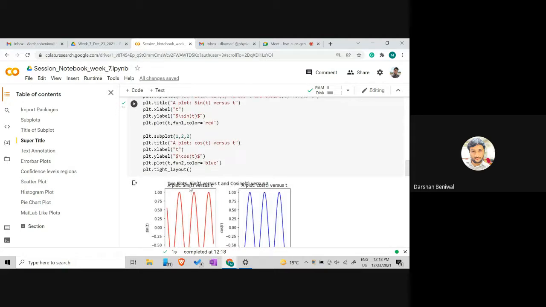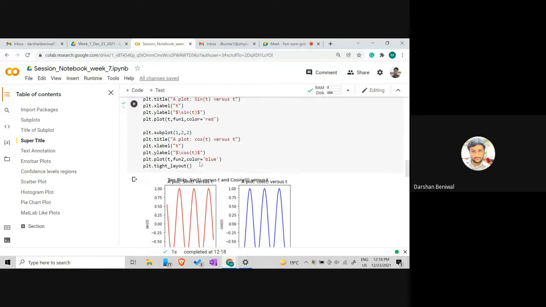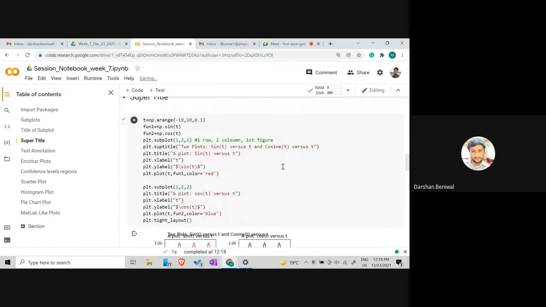But here we can see that there is some overlap between the subtitle and the master title, no? So to control this one,